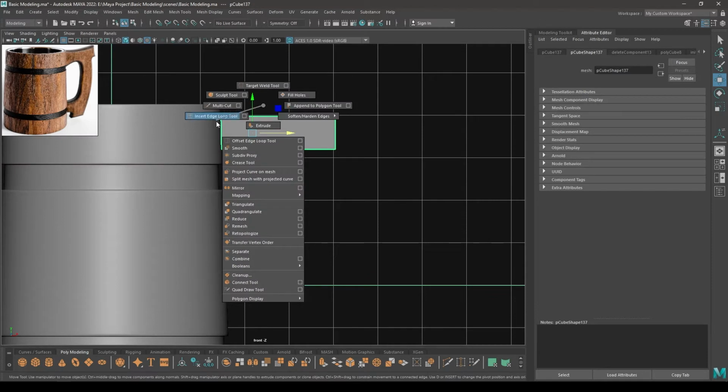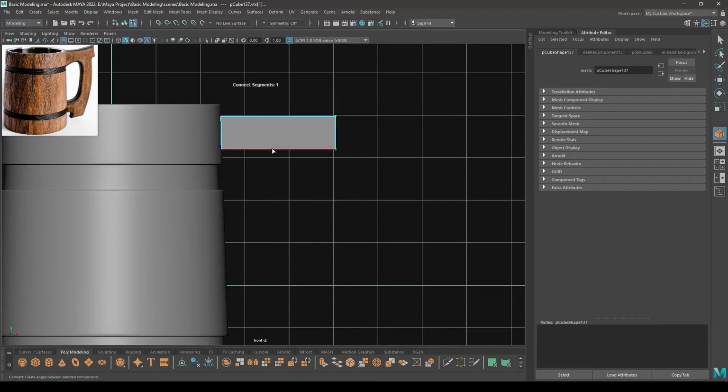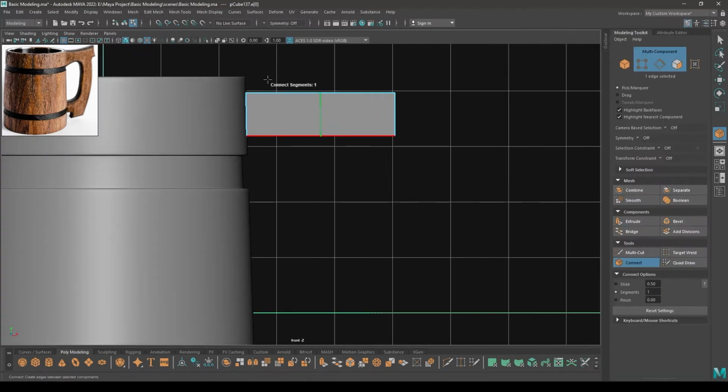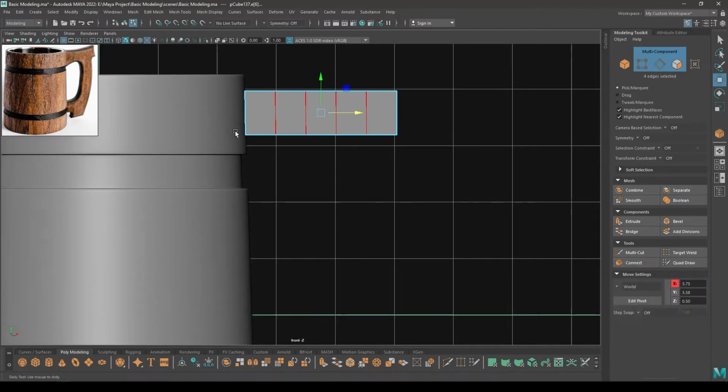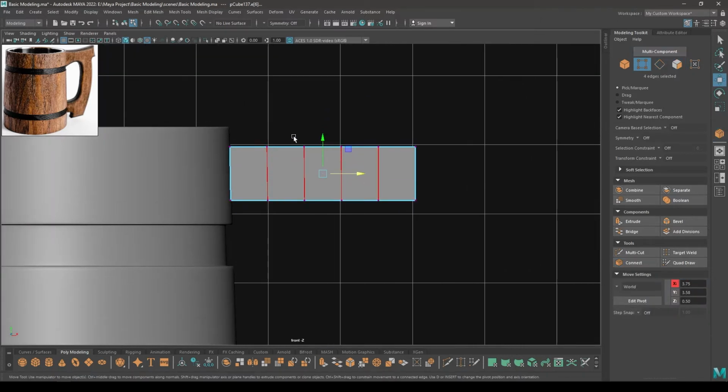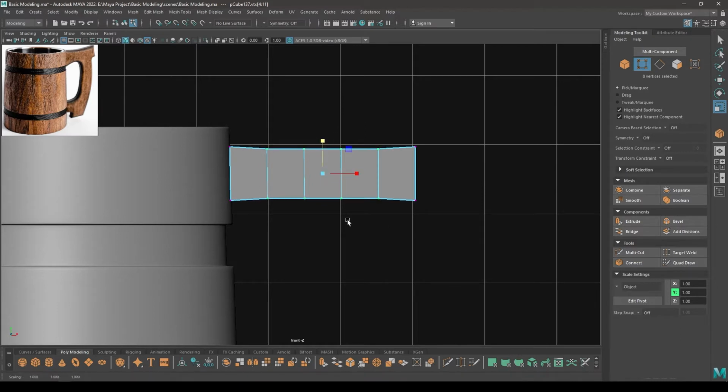And now let's add some segments. So go to your modeling toolkit and with the connect tool let's add 4 segments and select these vertices, then scale them like this.